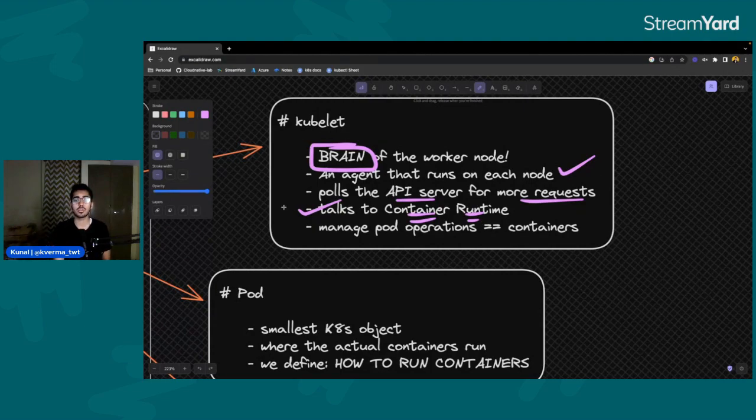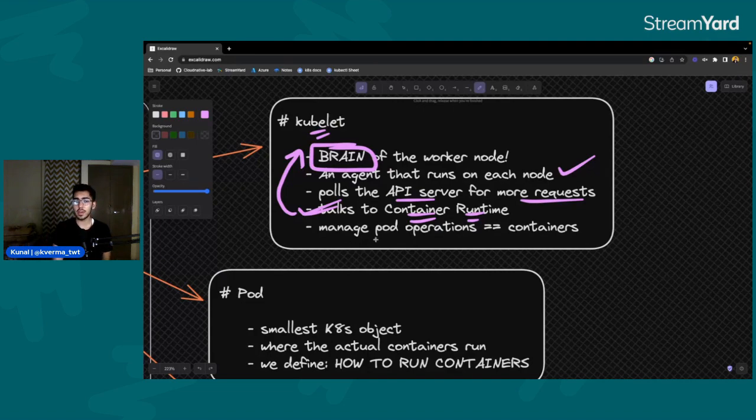So it continuously talks to the container runtime and sees whether the application is running properly or whether there are some issues as well. If there are some issues while the containerized application is running, it will go to the kubelet. Okay, and then the kubelet will inform the API server that there is an issue, fix it. And then we have all the components in the master node that will work together and fix that particular issue.